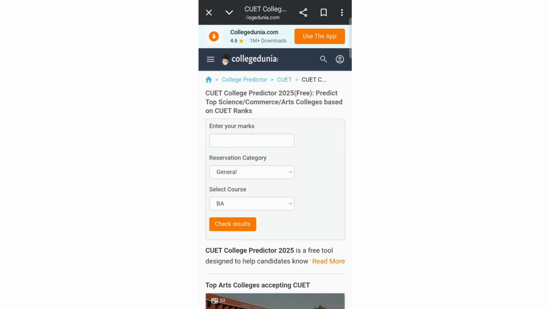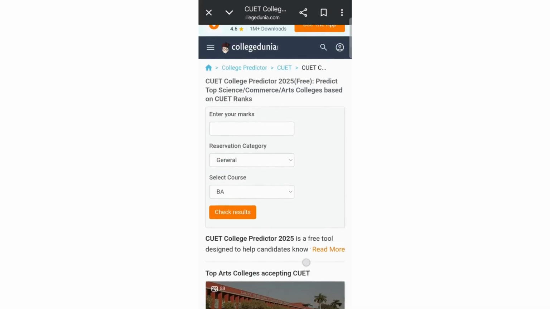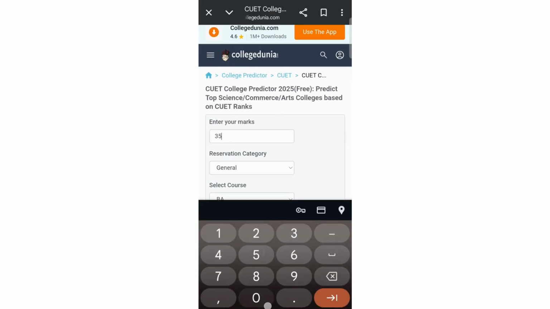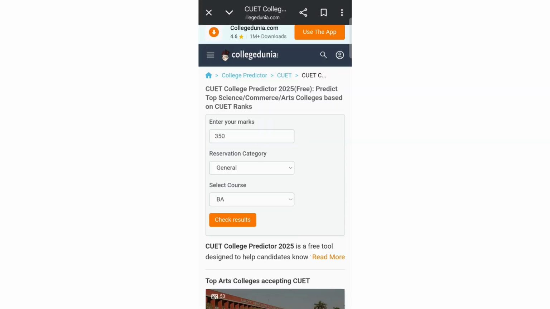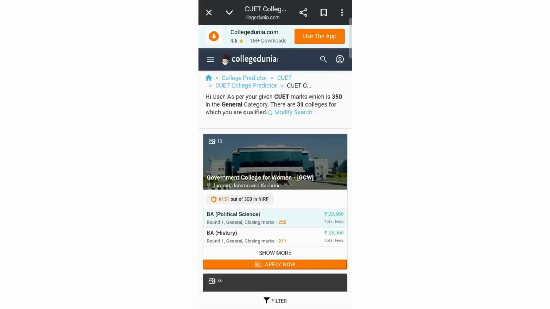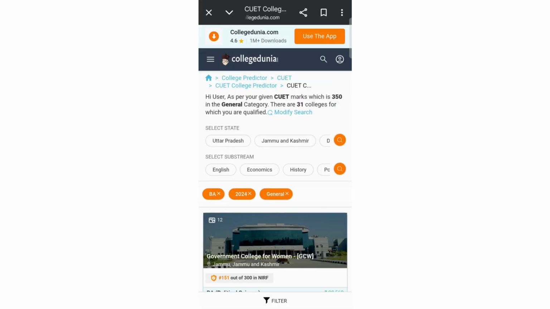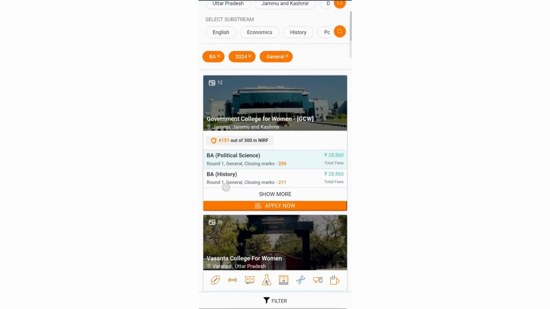And once you select the Find Colleges, you'll be redirected to this page where you have to enter your marks, your reservation category, and the course. For example, I have marks of 350 and my reservation is general and the course is BA. Then you have to click on check results. So you'll see there are in total 31 colleges for which I qualify for, and these are all the colleges